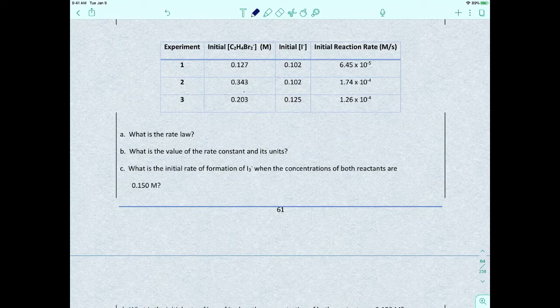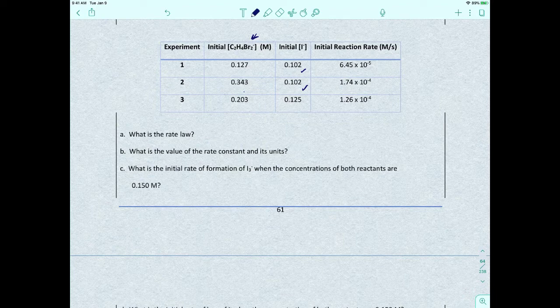Now, one thing right off the bat is if you look at experiment 1 and experiment 2, the concentration of I minus is the same. So that would be a nice one to use to figure out the exponent for the concentration of C2H4Br2. So we could use experiments 1 and 2 to help us figure out the exponent for this one. And then we could use